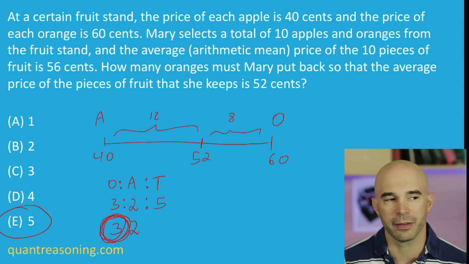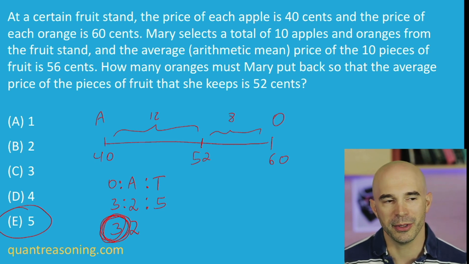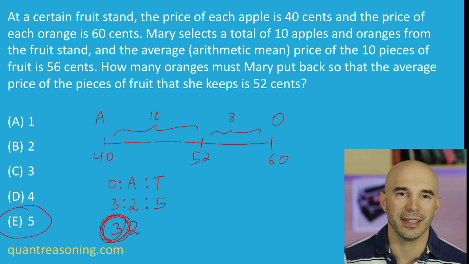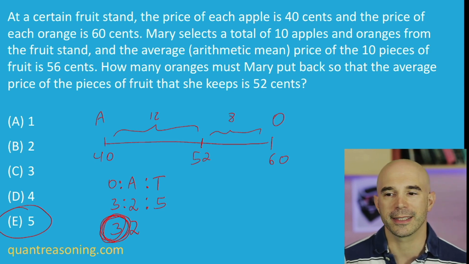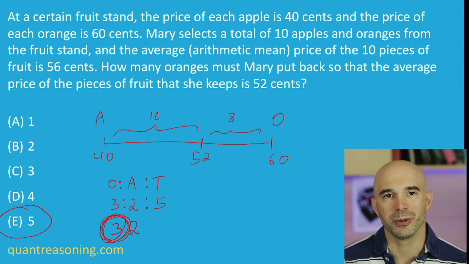And you can see how one of the trap answers there is 3. And that's just a horrible thing that can happen on the test, is you do all of the work perfectly, and then you accidentally answer the wrong question. They're not asking how many oranges will she still have at the end, they're asking how many must she put back. And that's why it's so important to pay attention to detail and to really look at what they're asking for.